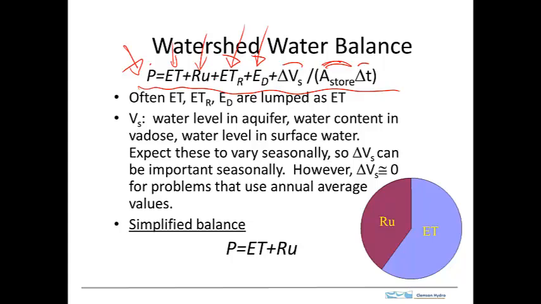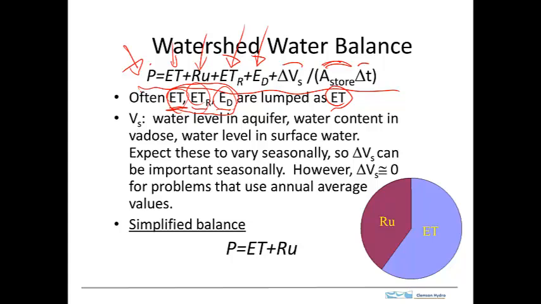Now, often what's done is to lump together evapotranspiration with riparian and direct evaporation, and all of those are put together and just called general evapotranspiration. In some cases, it's possible to distinguish between these 3 different types of evaporation, but often you don't, and you just lump it together. Now, this other bullet point is that the water level in the aquifer, the water content in the vadose zone, the water level in the surface water,